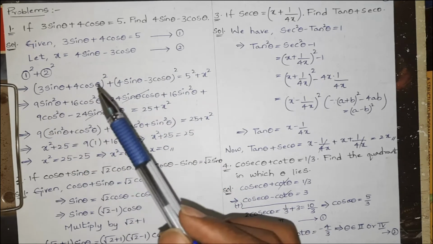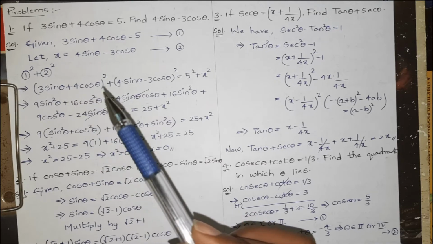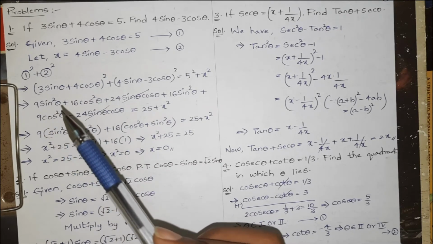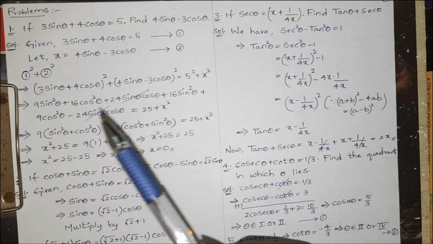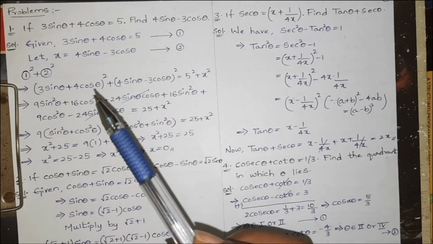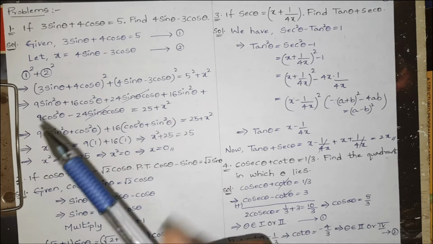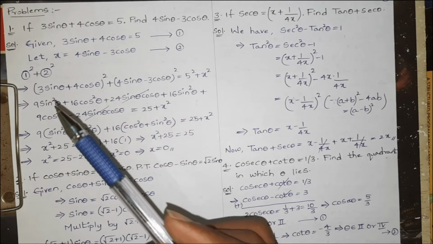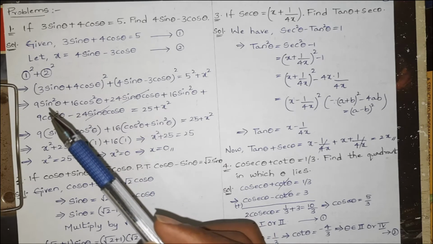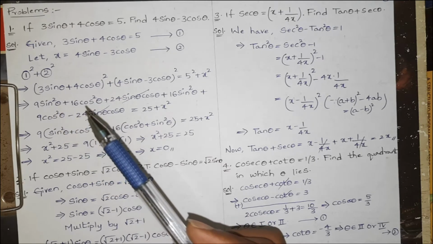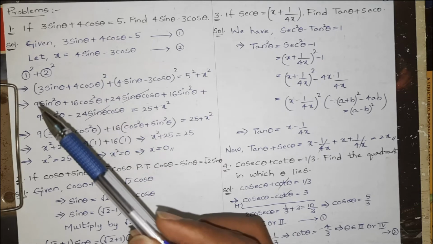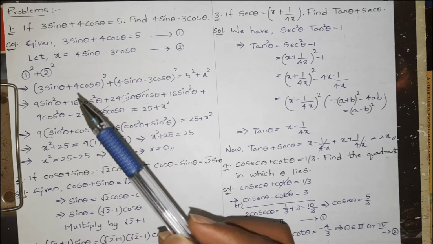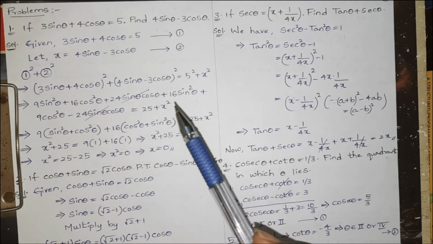Expanding the first, since it is of the form (a plus b) whole square, we have a square plus b square plus 2ab. So (3 sin theta) whole square is 9 sin square theta, plus (4 cos theta) whole square is 16 cos square theta, plus 2 into 3 into 4, that is 24 sin theta cos theta, plus